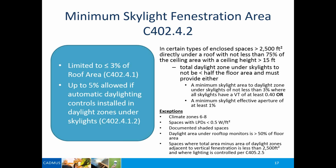So the theme behind the 2015 code is really integrating daylighting into commercial buildings, so you can basically offset your internal loads by using visible daylight from the outside. And there's a very good energy savings in there. Now, there are going to be instances where you're actually going to be required to have skylights in your roof